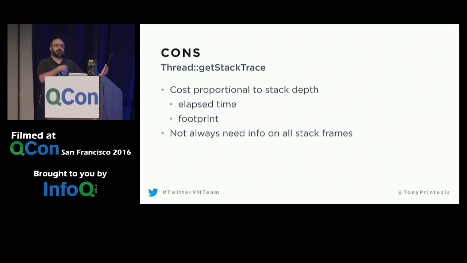And as I was showing earlier during the examples, you don't always need the info on all stack frames. You might need the info on the top 5 or the top 10 or something, and it's kind of a waste to get all this information and just throw it away. So in JDK 9, the new stack walking API improves on this by quite a lot. But I will take a couple of minutes first to describe why doing stack walking in a more flexible way is actually a very tricky thing to do.